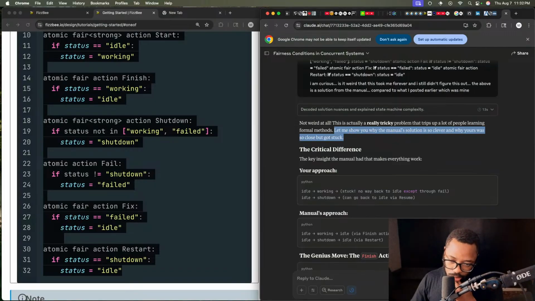Like, once you're in working, I didn't plan for the fact that conceptually in my solution, there's no concept of just ending work without it being a failure or a shutdown. There was no, like, the work just ends. It was either a shutdown or a